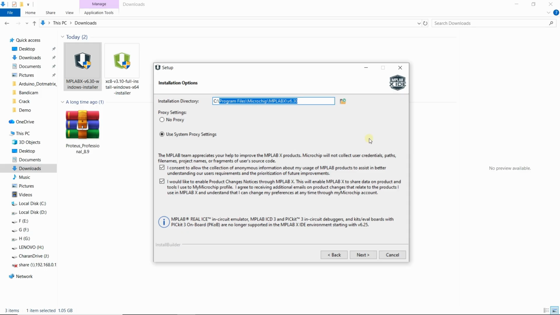v6.30. So if you want to dedicatedly store all the files that are going to be installed inside some other folder, you can just click on this particular icon and choose that particular folder, or you can give a direct path for that folder right over here. And in my case, I am not going to change this. I am just going to leave it as it is inside the C drive, and I am going to click on